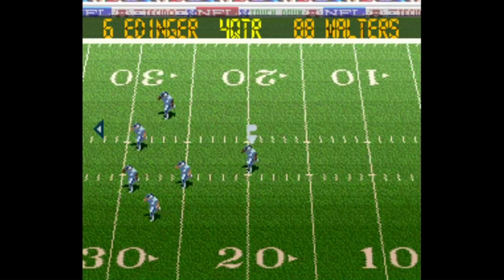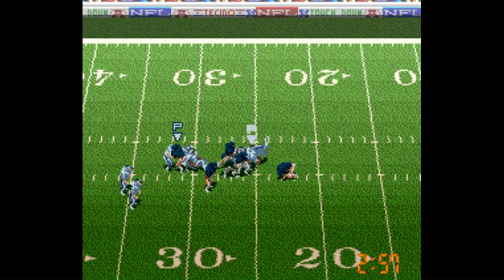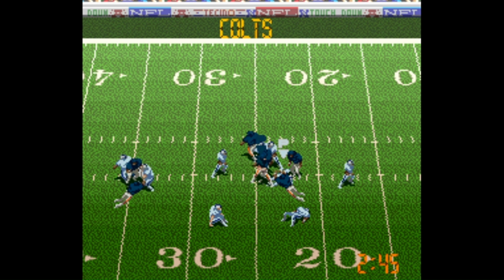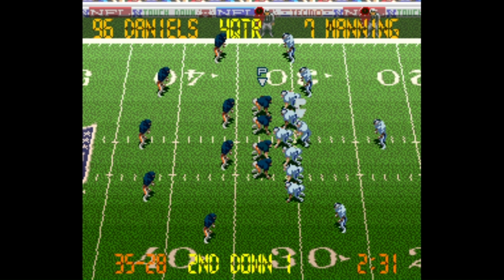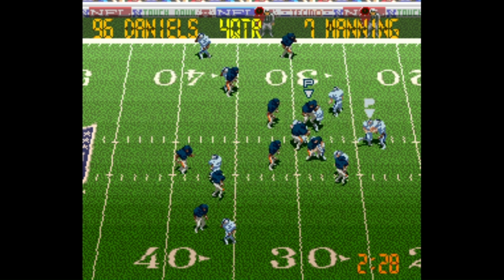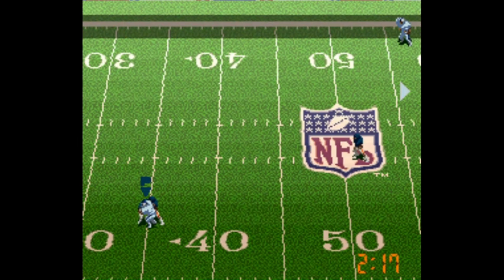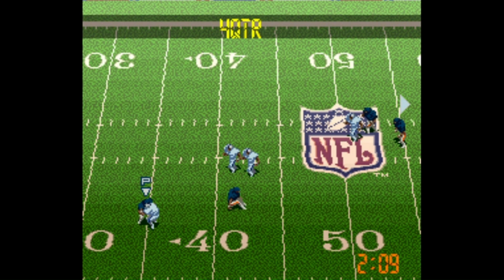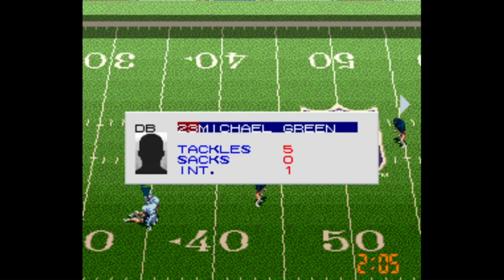The Colts are going to look to get into gear. Troy Walters receives this kickoff, but Brian Urlacher screams down the field, will force the fumble, but the Colts recover. Can they take advantage of their good fortune? From their own 32-yard line, 2:30 left in the game, Peyton Manning's going to look for Marvin Harrison, but it's intercepted by Mike Green. Taken at the 35-yard line, he's unable to break through, but the Bears have the ball.